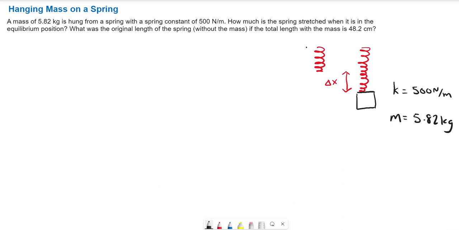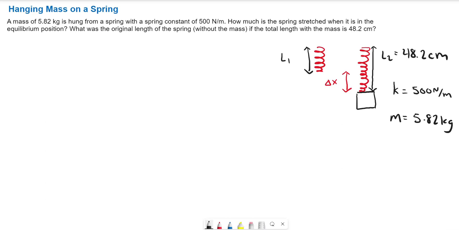So we'll go ahead and call this unstretched length L1, and we'll call this total stretched length L2. And according to the last part of this problem, it says that L2, the total length with the mass on it, is 48.2 centimeters. So in the first part, we just want to find delta x, so how much the spring has stretched,